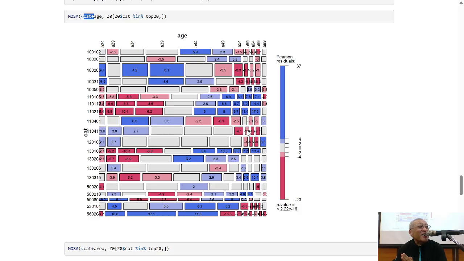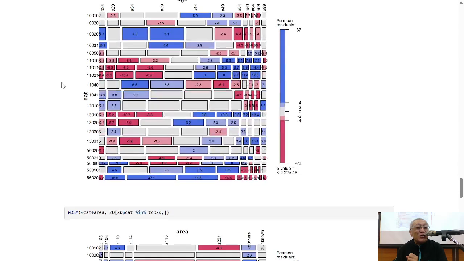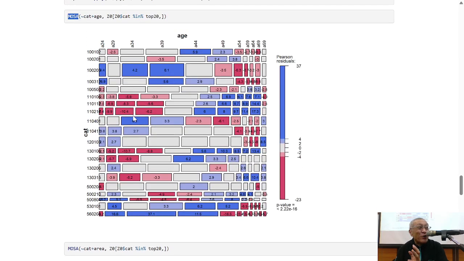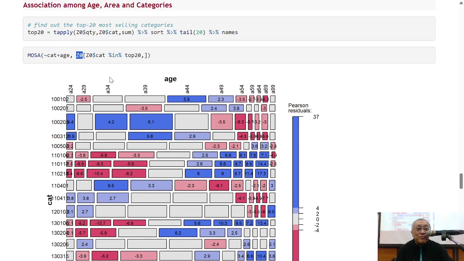Isn't it? Right? So this is the case when you have two categorical variables, and you can use this very easily. You can use this mosaic function, right, to see the preference of different age groups, right? Now let's take a closer look at the code, right? As you can see that I do not give it the entire Z0 data frame. I only, because we have like